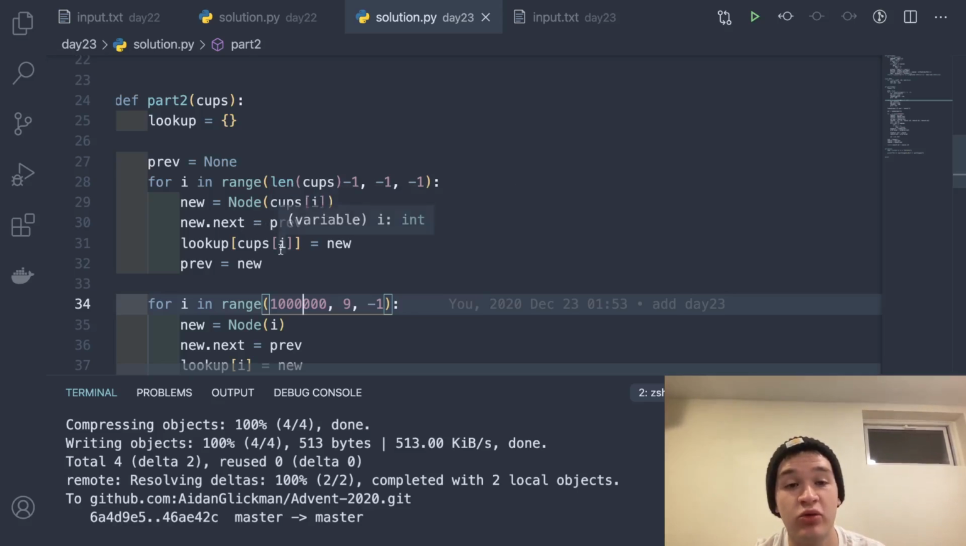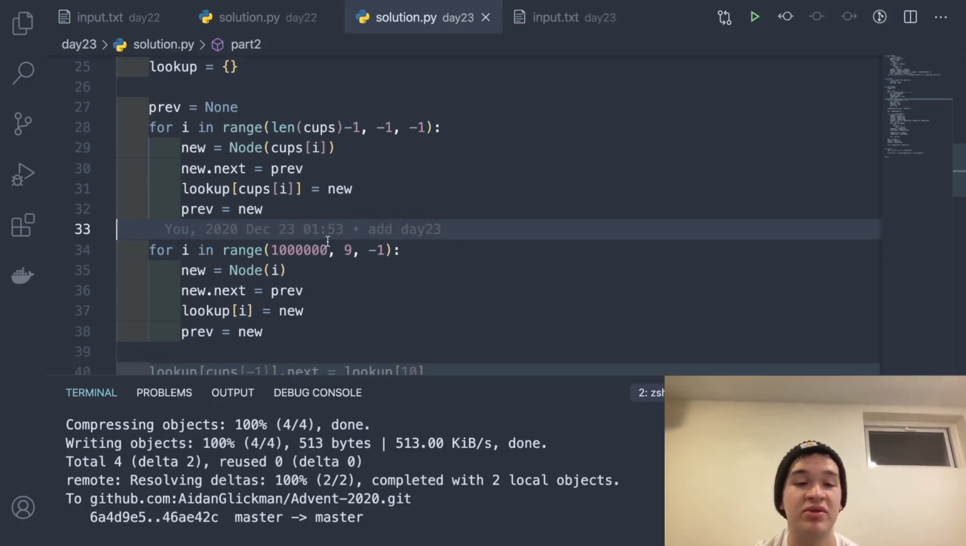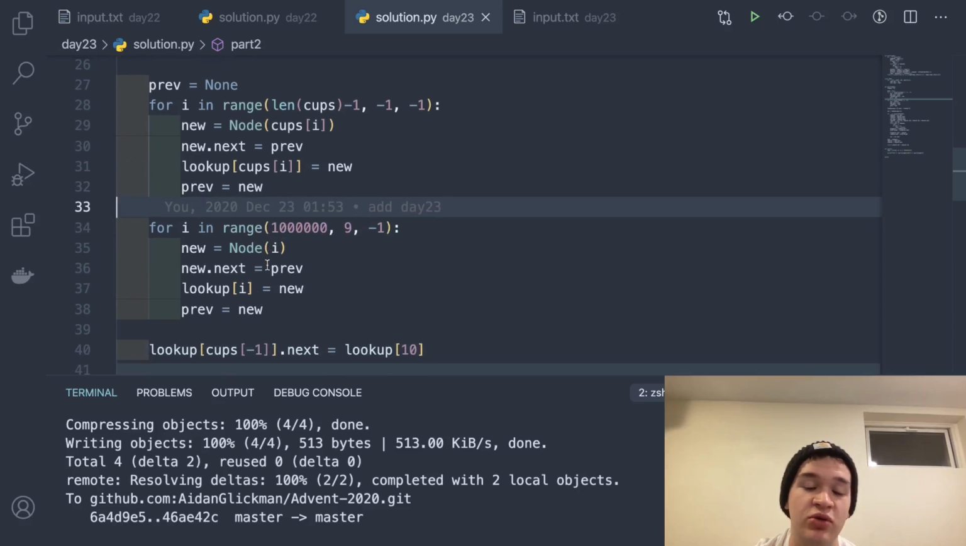So I go ahead and do that. The one thing is that at the end of doing all of this, the next value for our last cup in our cups array, the value that we touched first here, is not going to be correct, but we rectify that at the end. Then we deal with the rest of the 1 million cups by doing the same thing, except with the labels of the straight up number from 1 million to 9 going backwards. We do that same thing,